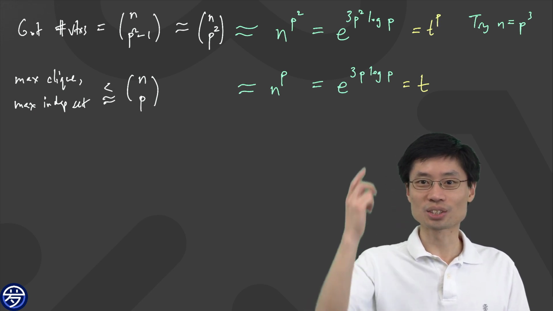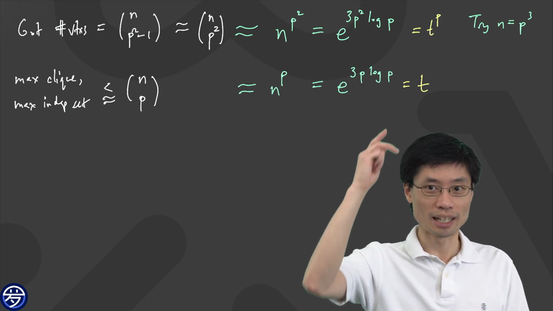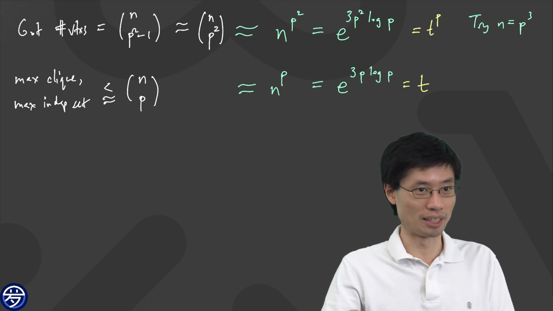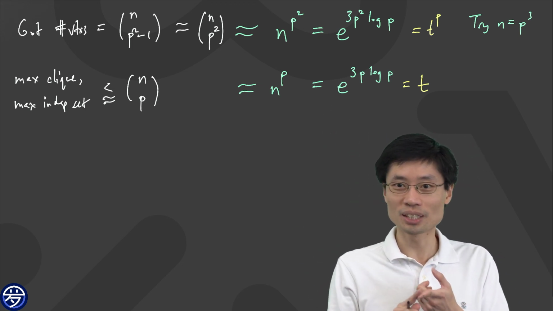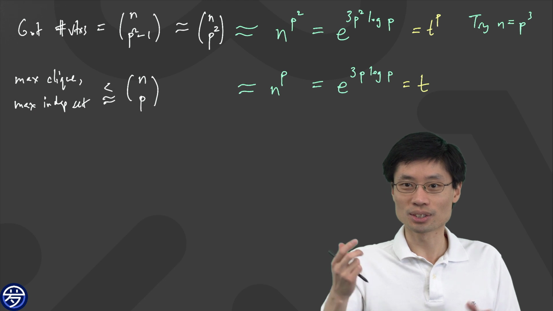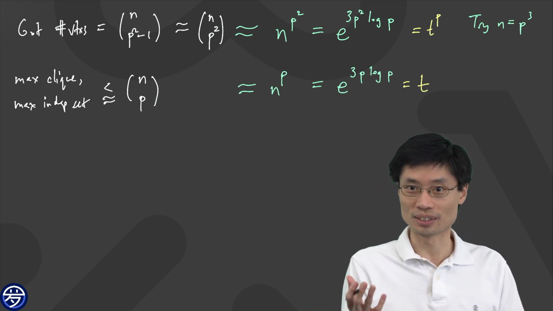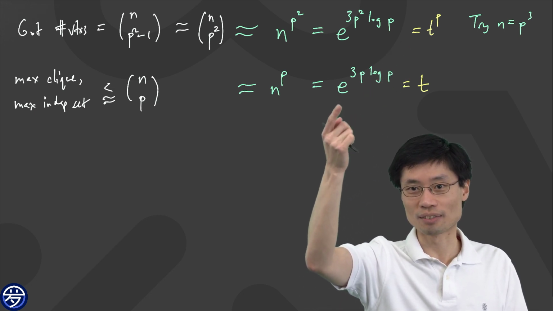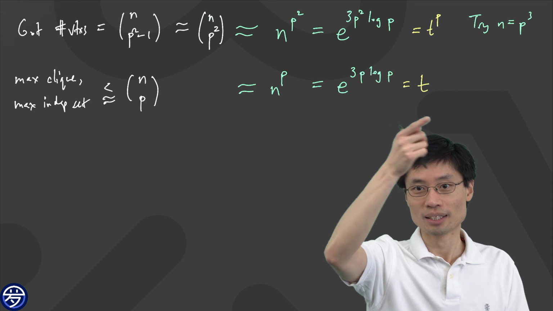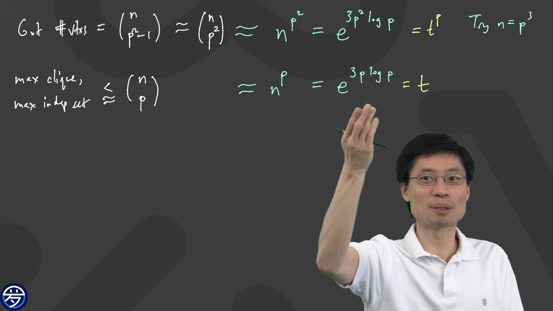Now, the goal is to show that the p is actually something that grows with t. If I can show that as t goes to infinity, p goes to infinity, then I have a family of constructions of these Ramsey graphs where there's no clique or independent set of size t, but also the number of vertices is growing faster than any polynomial of t. And the way to do that is just to show that if I have this particular relationship, then as t grows, p grows. But that's obvious, because as t grows, you better have p grow, right?